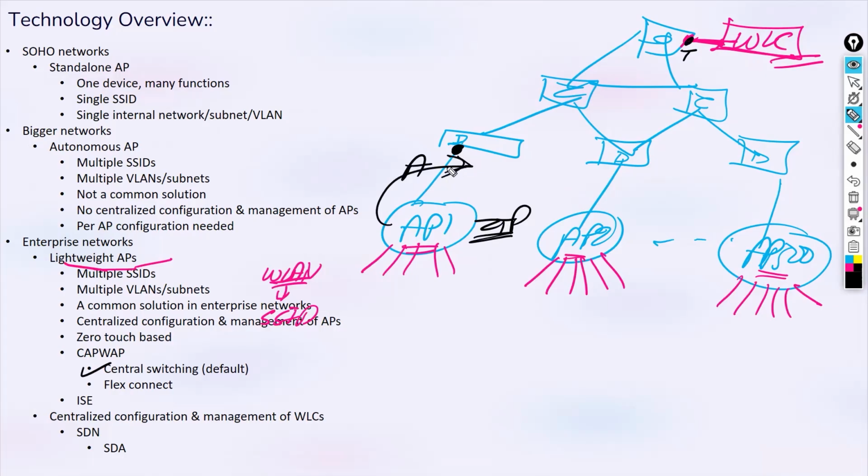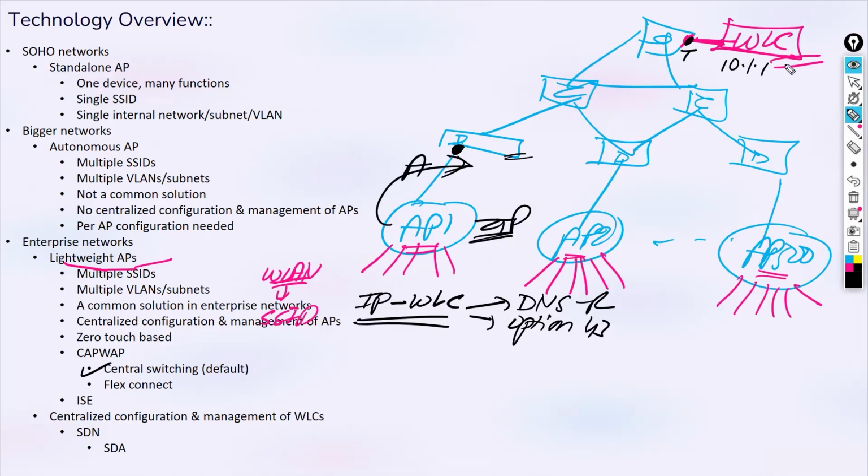So yeah, what happens? The APs are connected here, and when they are connected, depending upon whether you have configured your DHCP server on the switches, the routers, layer 3 devices, or a separate dedicated Windows server for the DHCP role. But the point is there is a DHCP server in your network. So the APs will get the IP of the WLC. We'll discuss there are different mechanisms for that. We have DNS resolution, we have option 43, where the WLC IP is given. Let's say the WLC IP is 10.1.1.